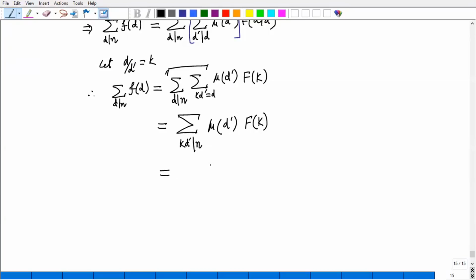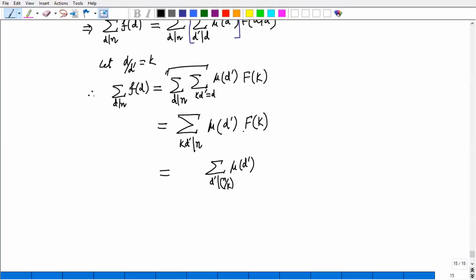So if we write the sum over d prime, a positive divisor of n by k, this sum runs over the divisors of n by k, and this is d prime. So d prime is related to μ(d prime), so we can write like that. And